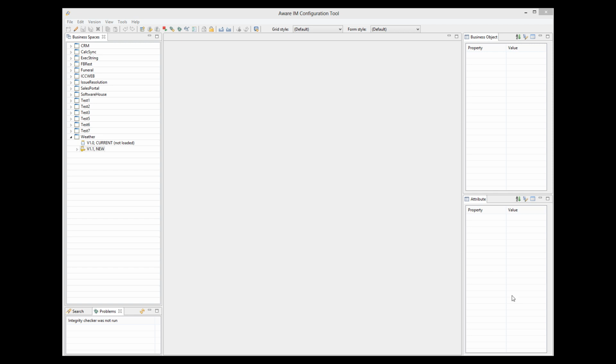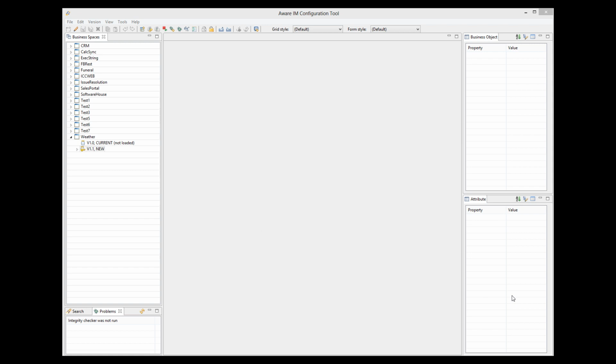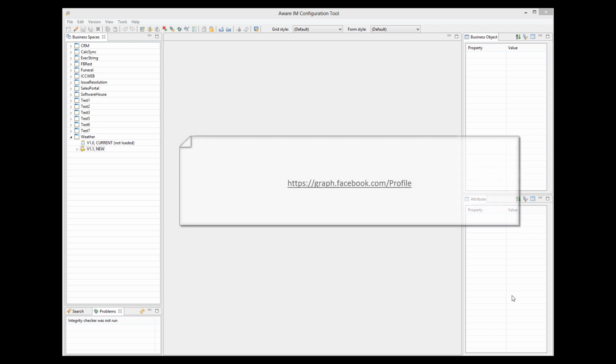So what is a RESTful service? A call to a RESTful service is made via the HTTP protocol to a particular URL using GET or POST HTTP request. The name of the service is embedded in the URL itself. For example,